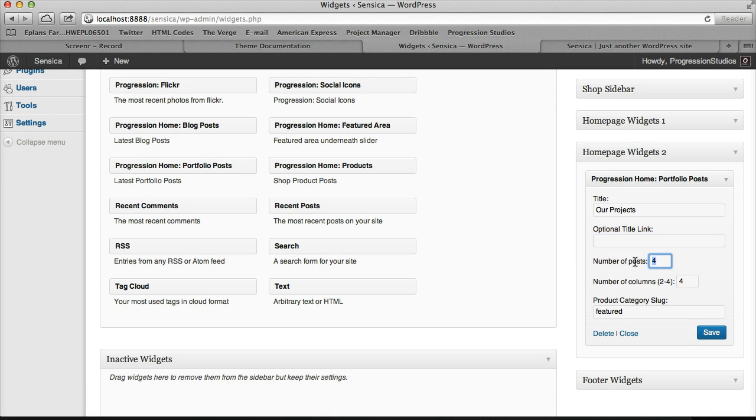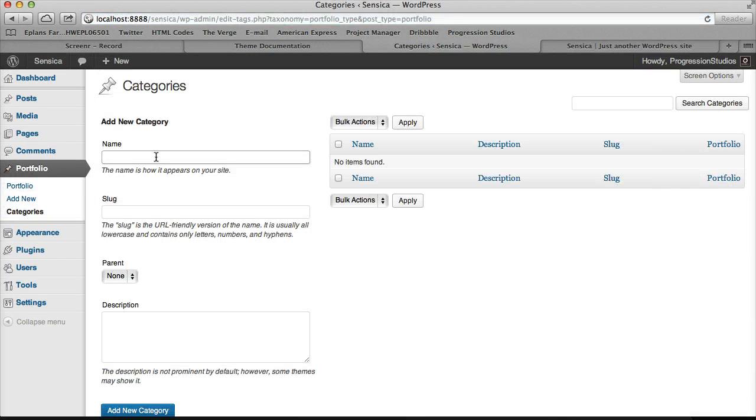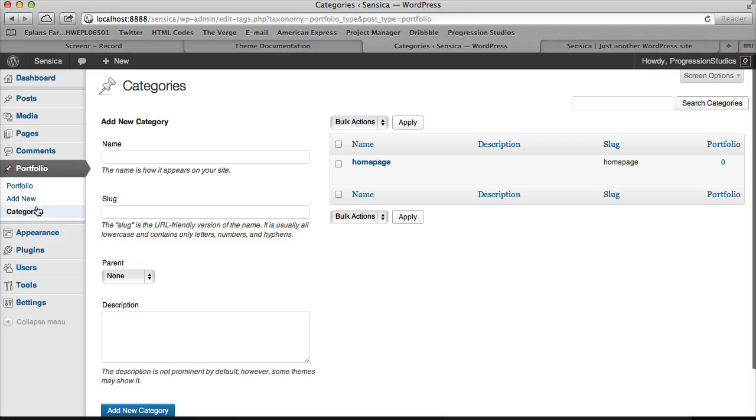So this is what I needed to go over the most with these widgets, and this is exactly how it works for products and blog posts. You can adjust the column count, and you can adjust what category is being pulled in. This says product category slug, and all that means is if you're in your portfolio and you've created a category, let's call this one home page, for example, you can add it under portfolio and categories, and this slug is